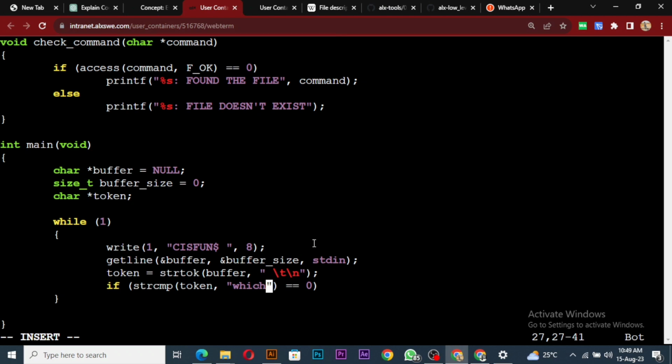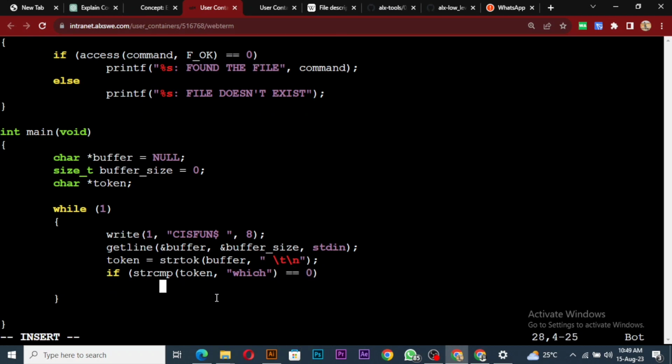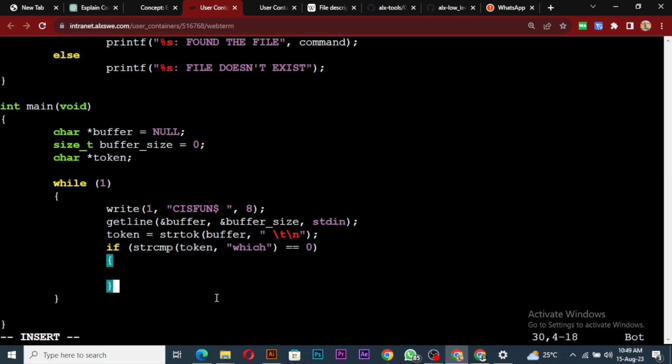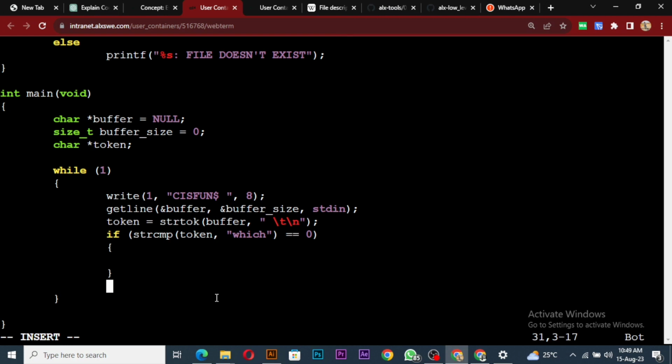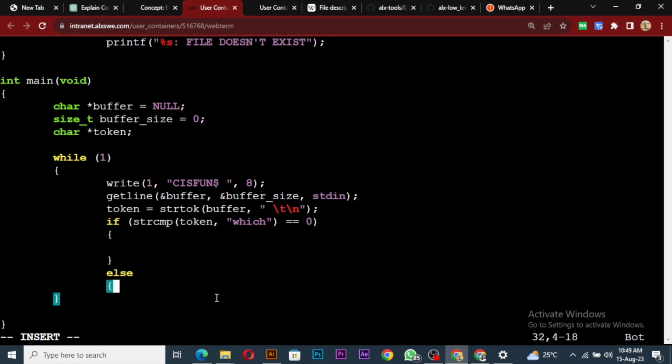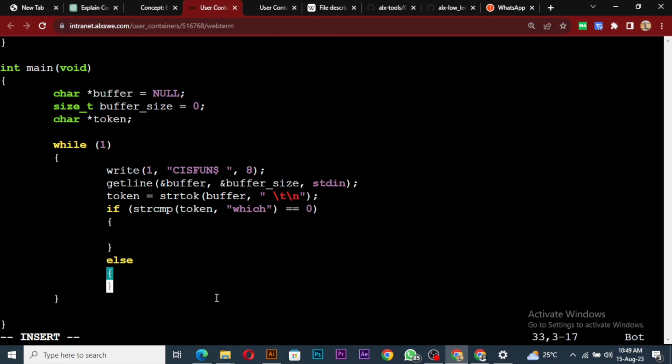So we've input this, we've collected it, we've extracted the first word. We want to see if the first word is which. If it returns 0, it means it is which. That's when we execute this guy. Okay, so if it is which, we'll do something here, right? Else, it means it is not which. Then else, we just print an error or something, right? Else,